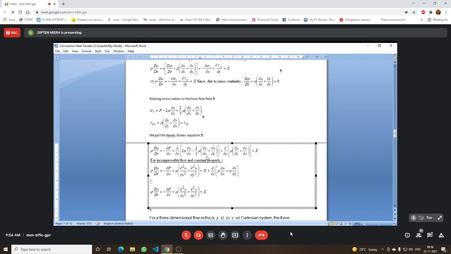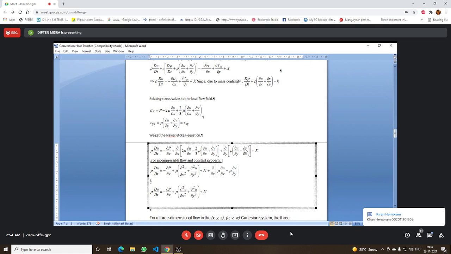Because of constant property, first of all this will be equal to 0, del u del x plus del v del y will be equal to 0. চলো তারপরে এখানে 2 mu ওলা যেটা আছে, that 2 mu, one part is over here, one part is over here. Okay, then what will remain? The other part will be combined with mu into del x of del v del y. I have interchanged this order of differentiation.